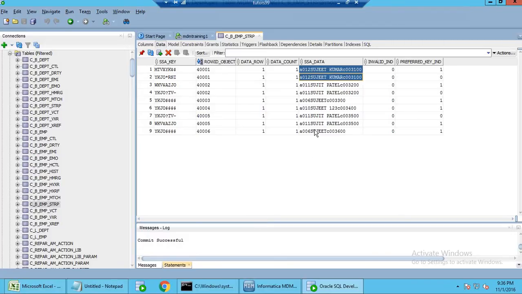Okay, this token value you can see from this STRP table, like for this particular OID object, how many tokens have been generated. In a real case, you know that there will be millions of records in the base object, so millions and millions of tokens will be generated. So for finding that record, we have to